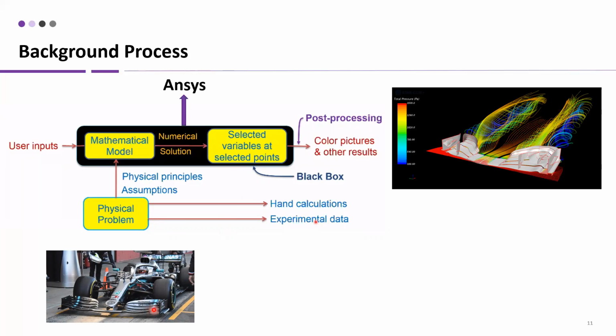Now, say we were to find pressure values along the flow. What ANSYS will do is it will not calculate pressure as a continuous variable across the domain. It will split the domain and calculate the values at specific points. So say you see the lines, right? The values are not calculated along the complete line. There are a few points that it calculates, and then we use something called post-processing, and we kind of connect the dots and form the pattern. I mean, the solver forms the pattern, but we use something called post-processing.